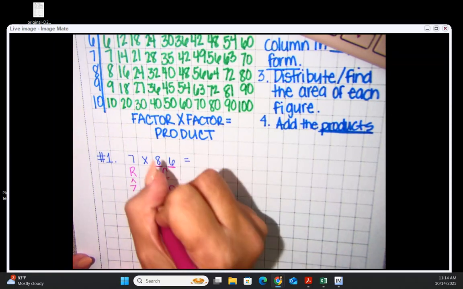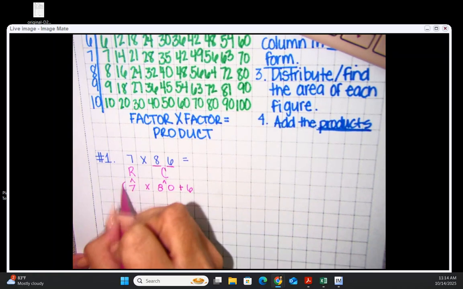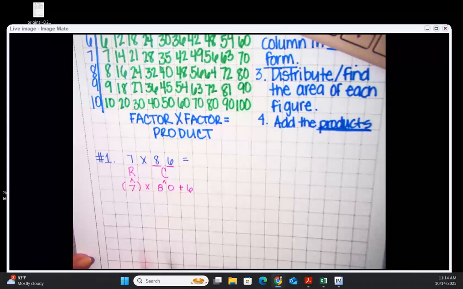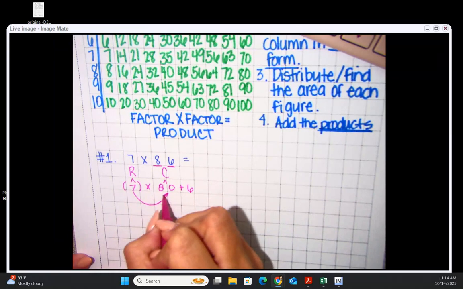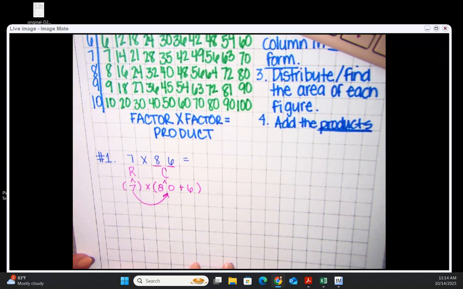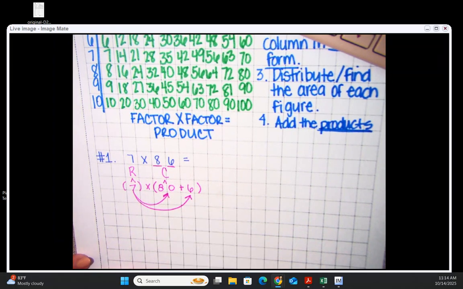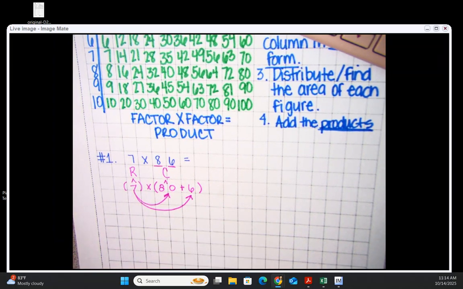So now I'm going to multiply 7 times 80. I'm going to do that first. And then I'm going to multiply 7 times 6. Yes, I know what 7 times